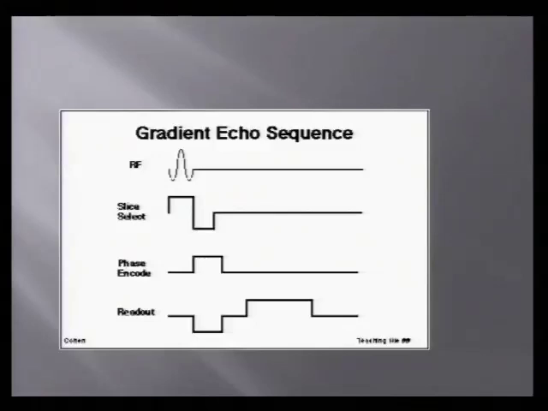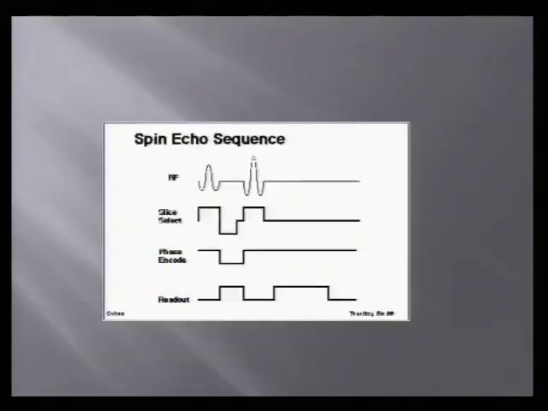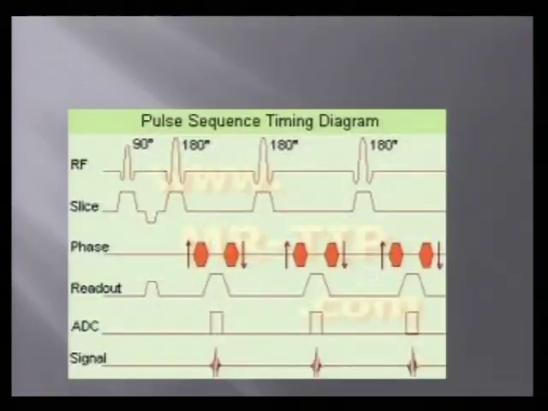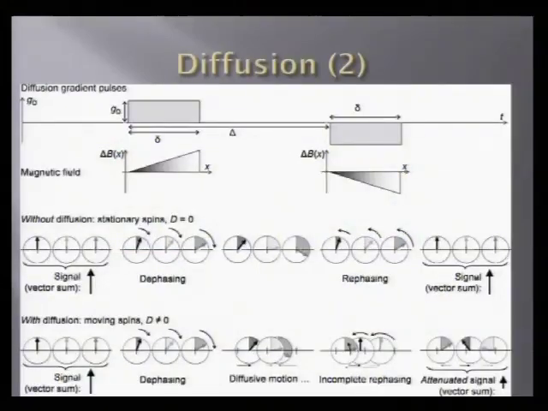This just shows a gradient echo sequence. You don't have a spin echo, but with a spin echo sequence, you have that 180-degree refocusing pulse. And again, obviously the point of this is not to understand all about MR physics, but just to get a rudimentary understanding of how things work. This is a pulse sequence timing diagram of how everything works with the 90-degree pulse with rephasing pulses. So one of the only reasons I got into this is